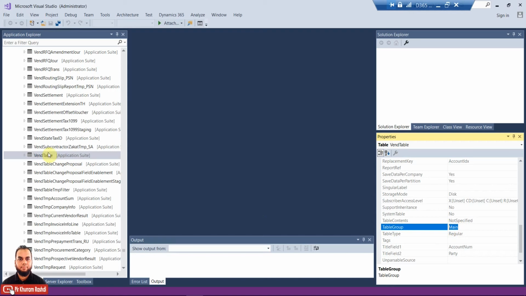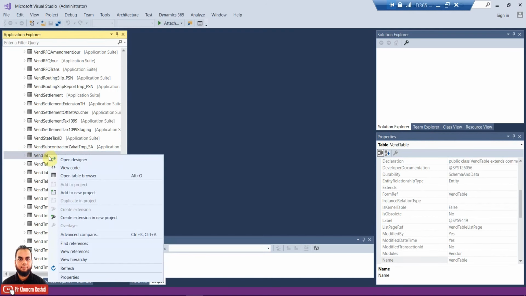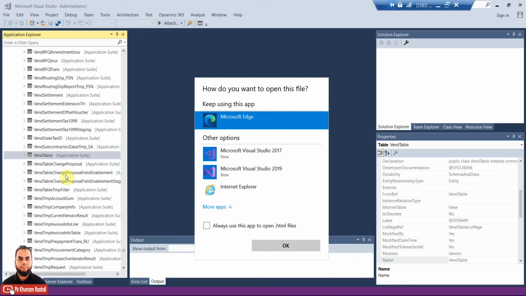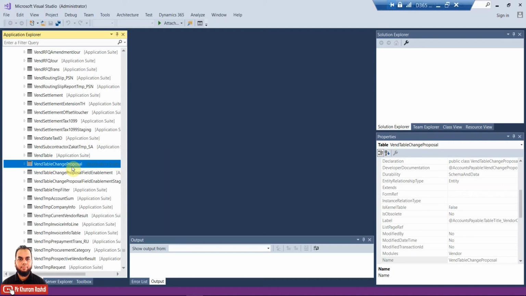So the vendor table here is Main, which consists of vendor information. You can even open it in the table browser, and it will show you the list of vendors. It will ask you to open in a browser, so I will just open it. Meanwhile it is opening, let me also show you the CustTable.